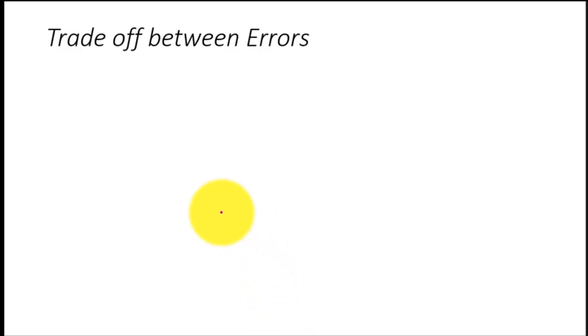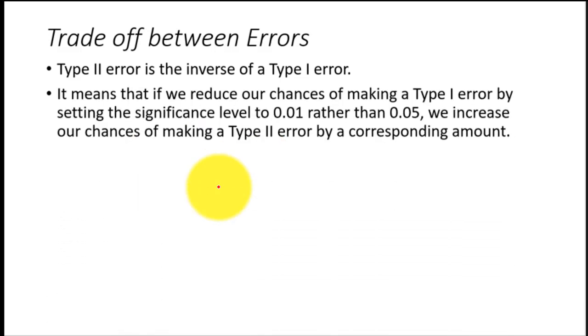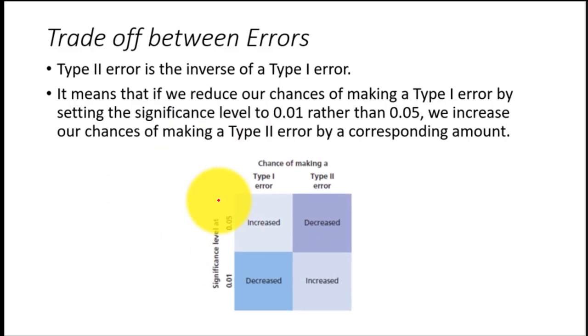Now, which type of error can be controlled by the researchers? Inevitably, errors can occur when making inferences from the sample about testing the hypothesis. Type 2 error is the inverse of type 1 error. It means that if we reduce our chance of making a type 1 error by setting the significance level to 0.01 or 1% rather than 0.05 or 5%, we increase our chance of making type 2 error